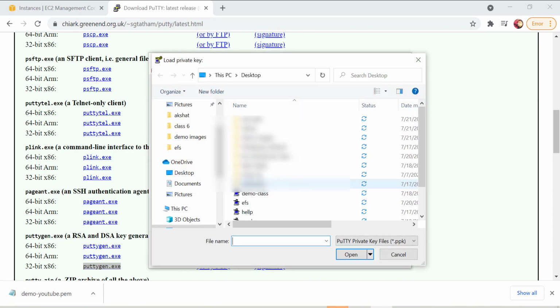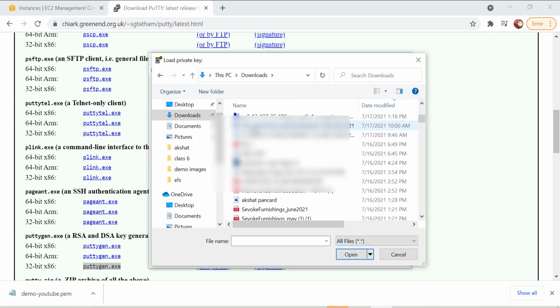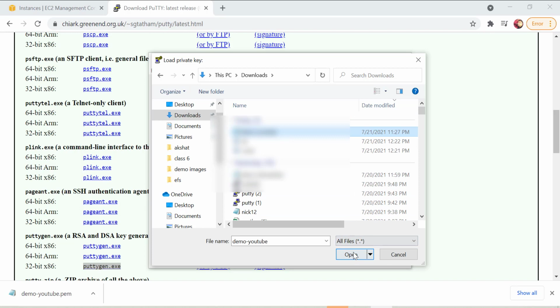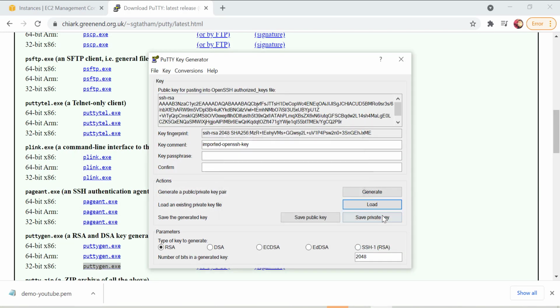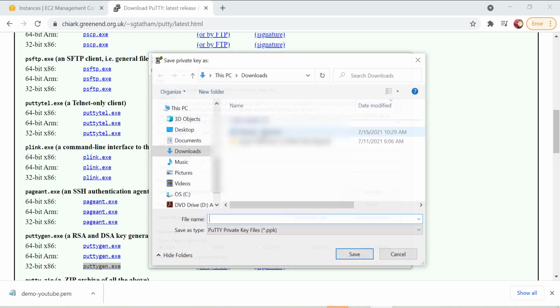Let me load this key pair. Let me go to the downloads and select all files here. So this is demo YouTube. Let me select it. Save the private key. Now I need to save it.